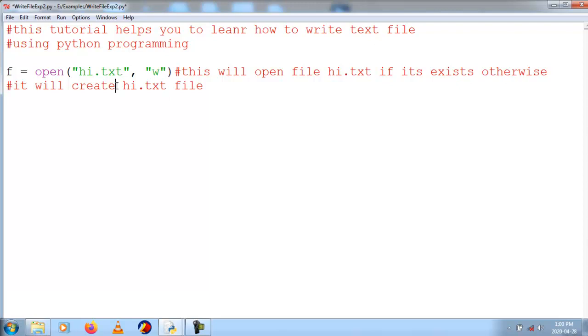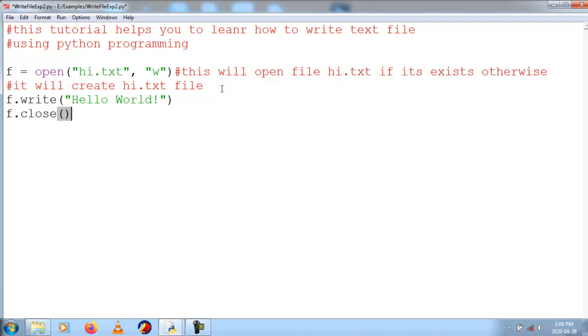And thereafter we will write code f.write with some content, hello world. So I am going to add content called hello world to that file. This hello world content will be added to the file, and after adding I need to close the file.